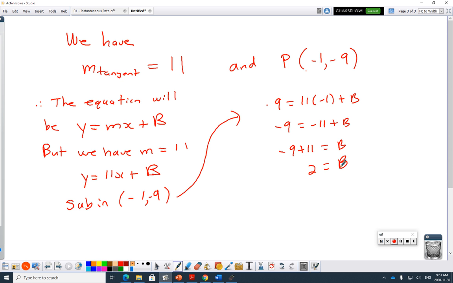A couple people on the test tripped up on this kind of algebra, just solving for one missing variable like that. So if you had that trouble, we need a little brush up on that because we've got to be pretty good at just solving for one single variable in an equation. Therefore, y equals 11x plus 2, not plus 12,